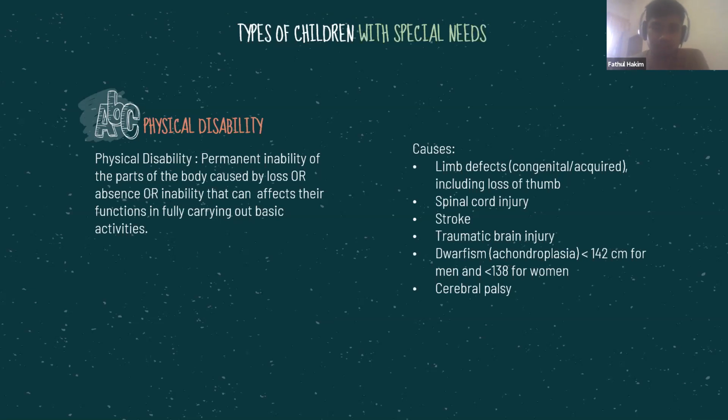As you need to note here, physical disability carries two meanings: there is loss of a part of the body, and that disability can affect their function. So if there is loss of finger, additional finger, or earlobe not fully formed, not well developed, it is not categorized into this category, which is physical disability. Okay.